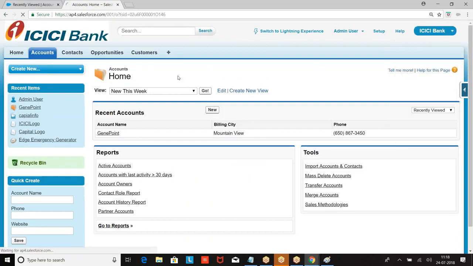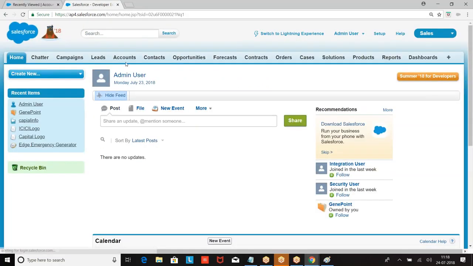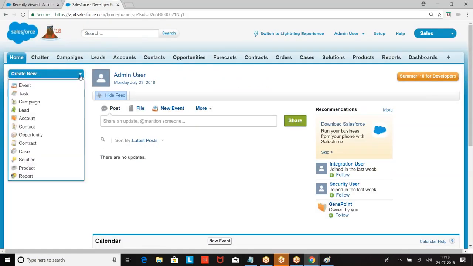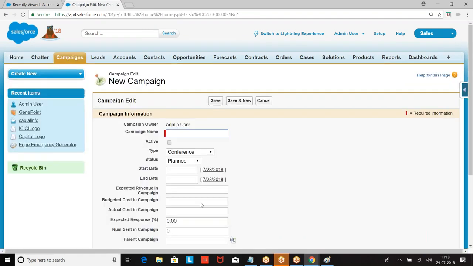Now this is a sales application. When you go to sales, create new, whatever you are seeing here, all these are available on the top: campaign, lead, account, contact, opportunity, case, solution. What is this? When a tab is added to an application, we get a quick create, for example new campaign, straight away.